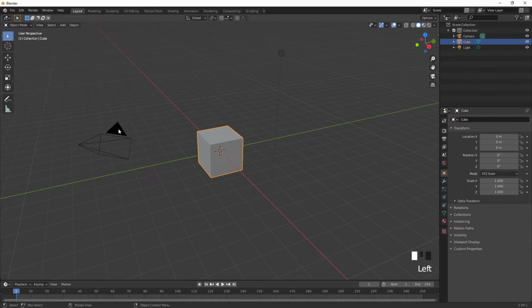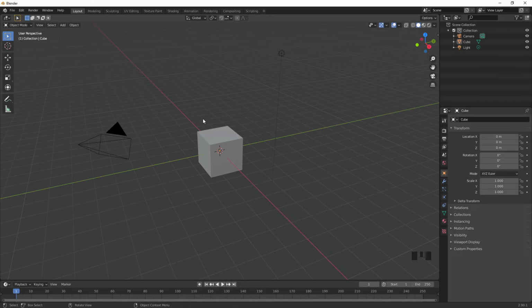If I click over here, I can select the camera item, and up here I can select the light. You can see what's currently selected up here within the outliner if you're ever unsure. So if I click back here, I can select the cube. If I just click or click and drag anywhere else within the viewport in empty space, you can see nothing